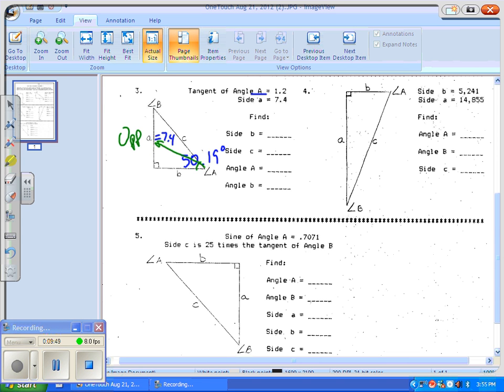So we have the opposite, and we'd kind of like to have the hypotenuse, and we would. We're looking for a function that has something we have, which is the side opposite, and something we're looking for,